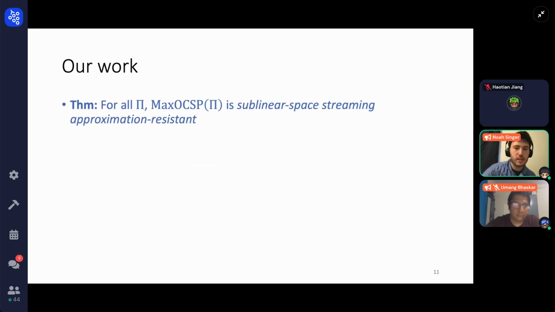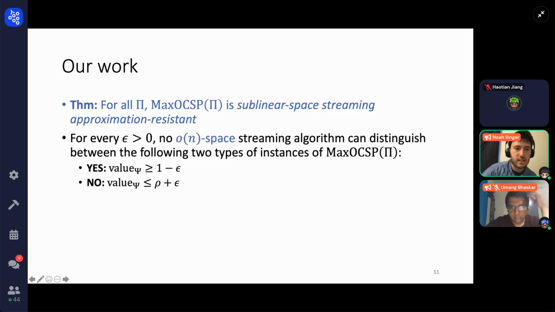And that's exactly what we do in this work. We show that for every constraint function pi, the max OCSP pi problem can't be streaming approximated to within any constant factor, even in sublinear space in the number of variables in an instance. So no sublinear space streaming algorithm can distinguish instances of the max OCSP problem that have very high value, say at least 1 minus epsilon, from very low, close to trivial value, like at most rho plus epsilon. And note that, compared to the results on the previous slide, this is an improvement in terms of